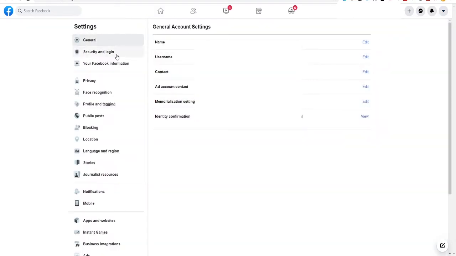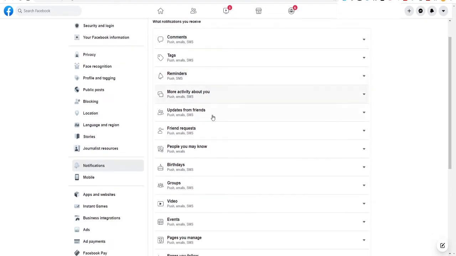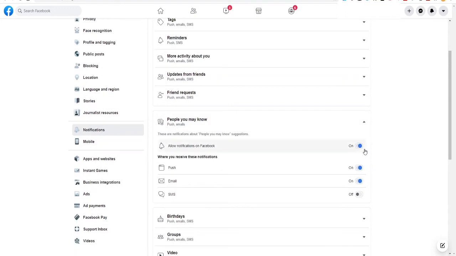Over on the left hand side menu, click on Notifications, and then scroll down to People you may know and click on the toggle button. If you want to stop all suggestions of friends on Facebook, then on the Allow Notifications on Facebook, you can